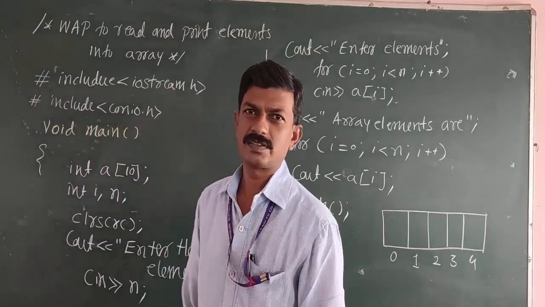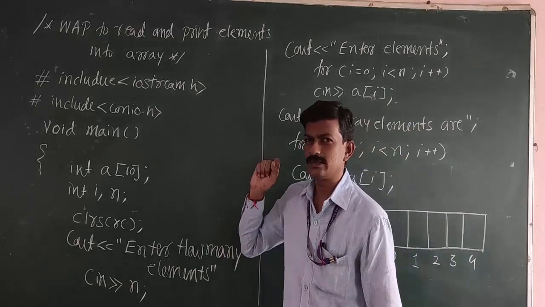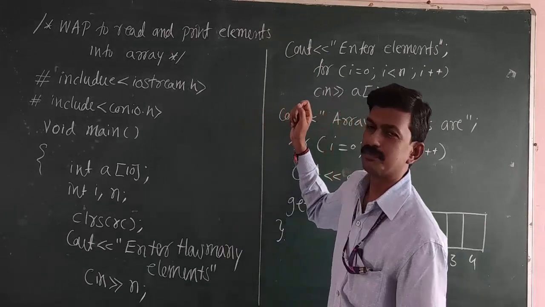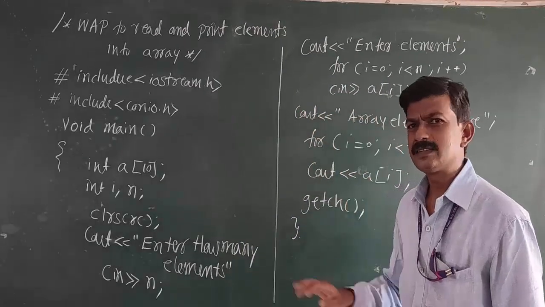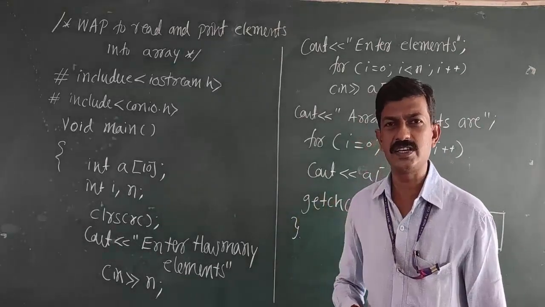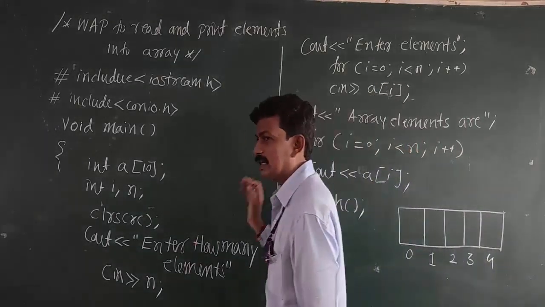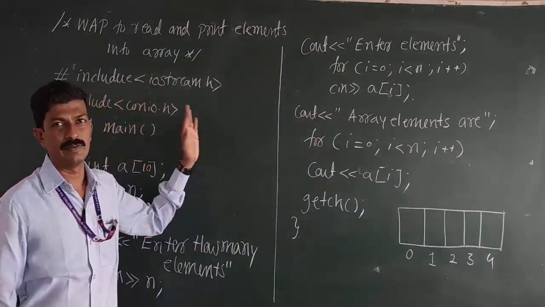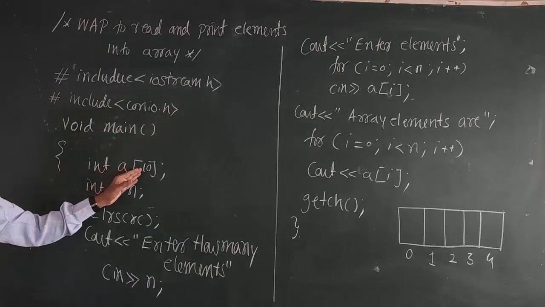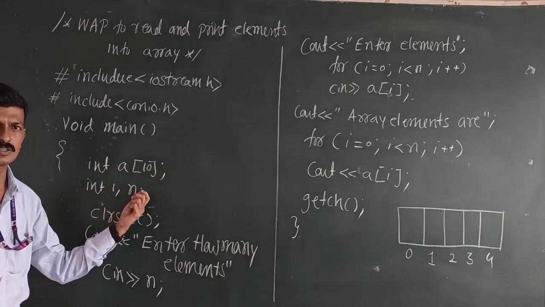Hello everyone. In the previous class we discussed traversing in a linear array. Now we are discussing how to traverse in a linear array with the help of an example. It is a simple program to read and print elements of a one-dimensional array. This example we already discussed previously, but once again I am going to explain the program for reading and printing elements of a given array, in which I declared an integer array of 10 elements, integer i for increment, and n for the total number of elements.